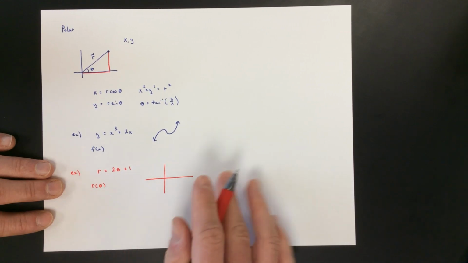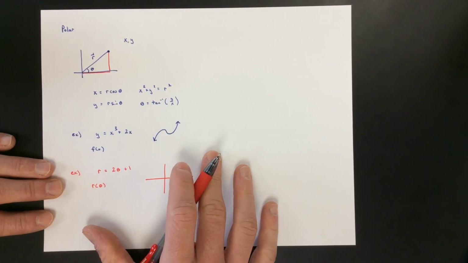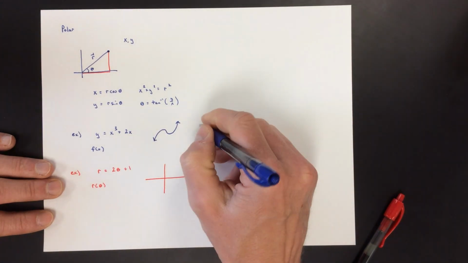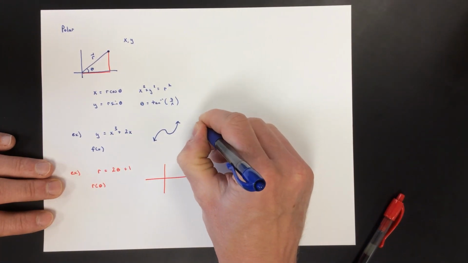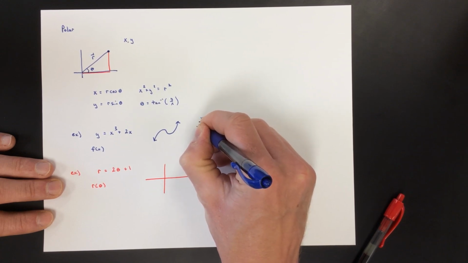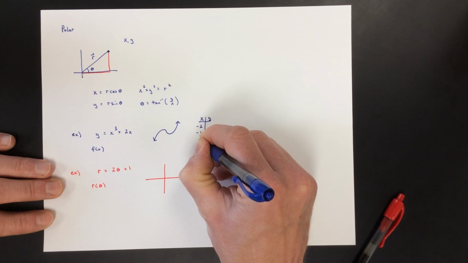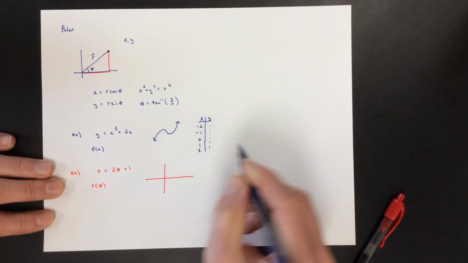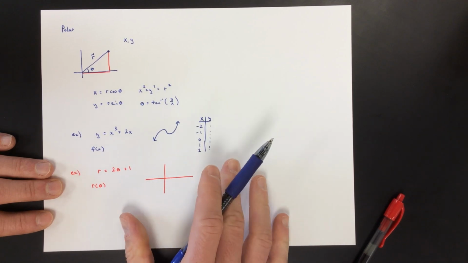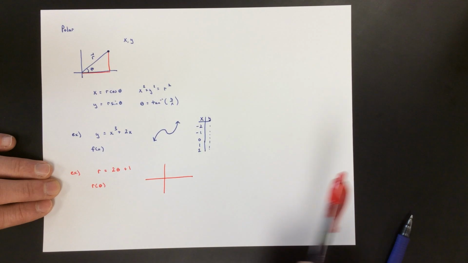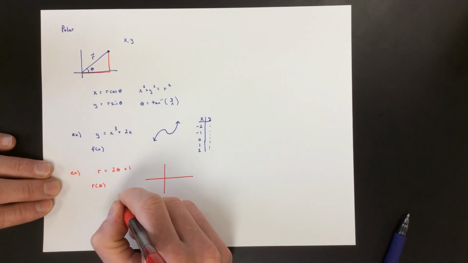Well, you can think about starting to graph these by just looking at a theta and r chart, just like you would. How would you originally have graphed this? Before you knew anything about functions, you would have done some x, y chart, and you would have plugged in like -2, -1, 0, 1, and 2 for x, found the corresponding y values, plotted these points, and then connected the dots. Well, before you get too comfortable with polar, you might have to do something like that. And so if you do some theta r chart,